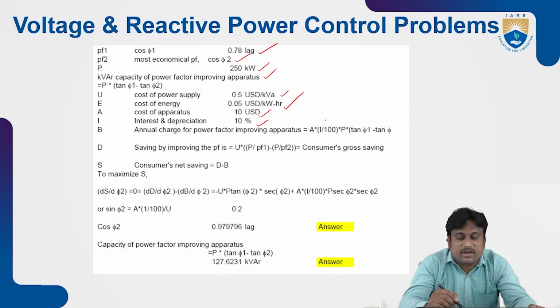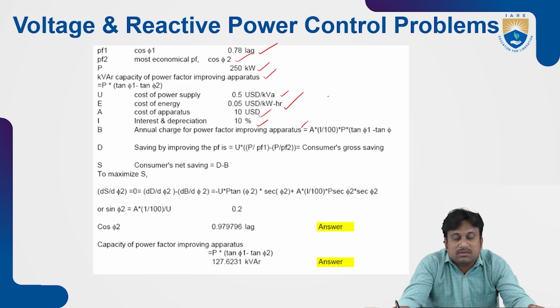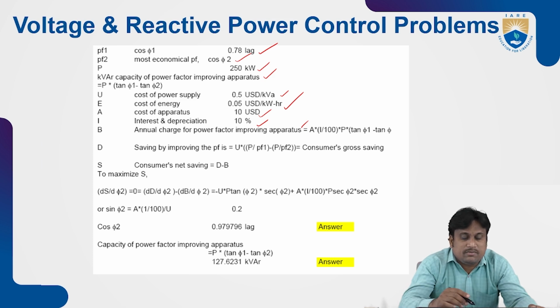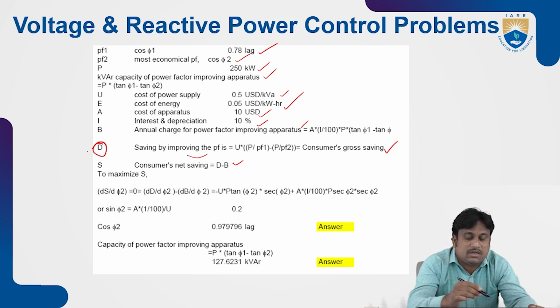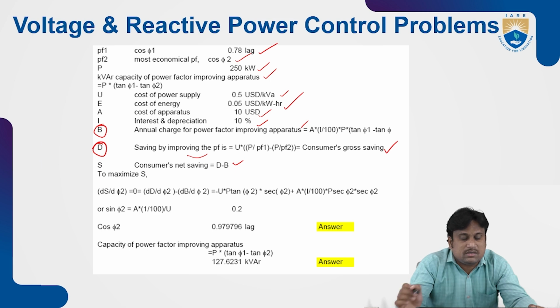The annual charges for the power factor improving apparatus can be treated as B equals A multiplied by I by 100 into P into (tan phi 1 minus tan phi 2). The saving from improving the power factor is U into (P by power factor 1 minus P by power factor 2). This may be treated as the consumer's gross saving. The consumer's net saving becomes this D coefficient minus B coefficient. To maximize this, we set dS by d phi 2 equal to 0, so dD by d phi 2 minus dB by d phi 2